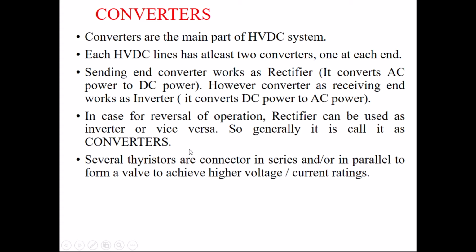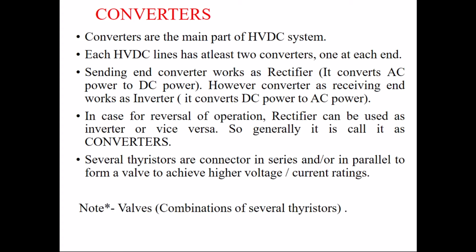So in a normal converter, as we know, in a rectifier or inverter, three-phase bridge converters, generally we use 6 switches, and in each leg we use 2 switches. But here you can see that we operate the HVDC system at a very high voltage level, more than 500 kV or 1000 kV. So we do not use just a single thyristor as one switch; we require a series-parallel combination of thyristors so we can increase the voltage rating, and this combination of thyristors in series and parallel is called a valve.